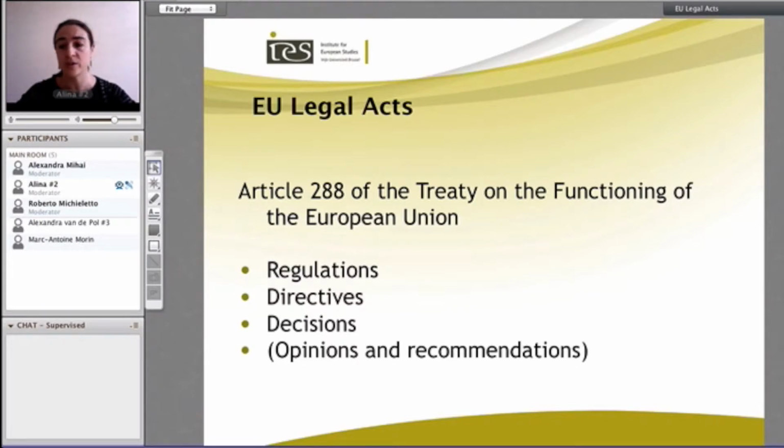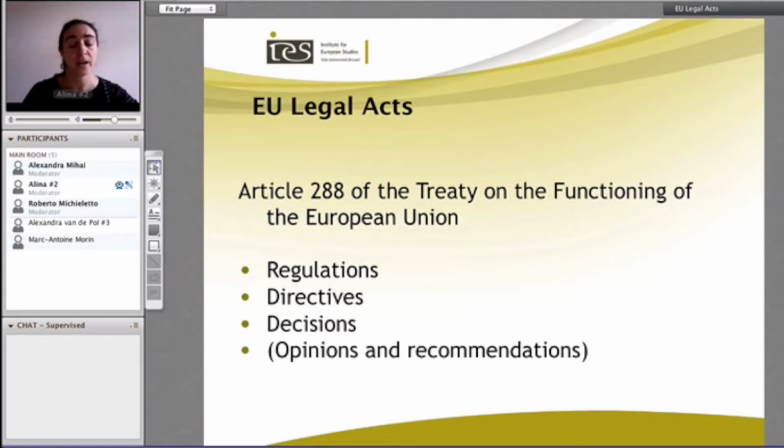So the regulations are basically, I think, one of the crucial acts that we have here, because they are acts of general application. So this means that they apply to a big number of different cases. And what's important about them is they become immediately legally binding in the member states. So you don't need any implementation acts. You don't need the national legislator to become active, but they become immediately binding law in the member states of